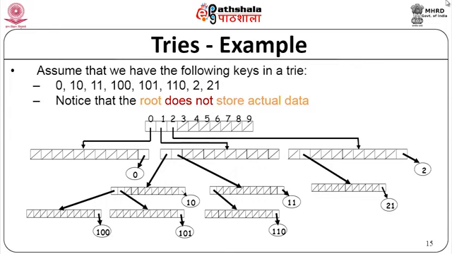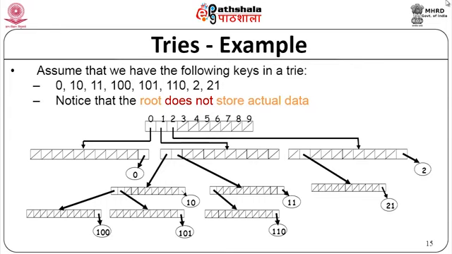Now, let us see how it looks. From 0 you have a node and then directly a pointer to 0. Now, if you take 10, from 1 you have a pointer to a node, and from that node you have a 0 or 1. If it goes to 0, then it is 10, if it goes to 1, it is 11. And the same node is used again to give you 110 or 10. In 10 you have two cases, 100 or 101. So, that is shown there, and in 2 you have either just 2 or 21. So, this is a typical example, and notice that the root does not store the actual data, it is the other nodes that store the actual data.